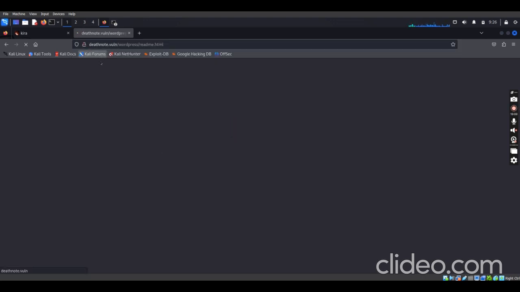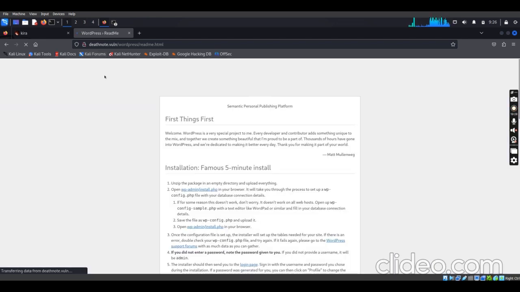So I'm just trying to tell you the various paths which I used to actually get into that server. The methodology which I used to access this server given to me as a task.